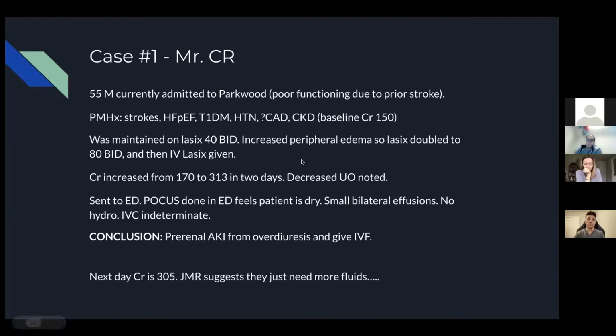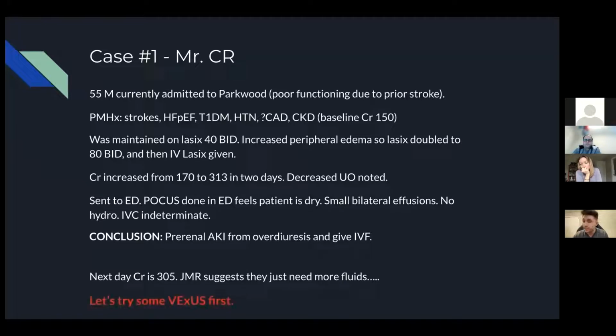So going back to our first case with Mr. CR, to remind you guys, this is a patient that was having worsening edema, had increased Lasix dosing, and then had a creatinine bump from 170 to 313. The team thought they had a prerenal AKI, and the junior wanted to give him more fluids. So